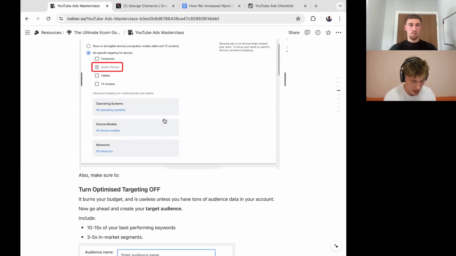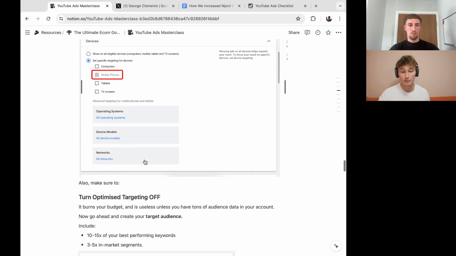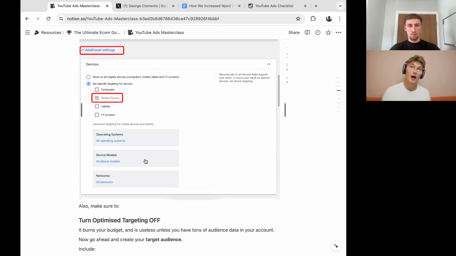Now there is actually a way to run dedicated YouTube Shorts campaigns. You can start an efficient reach campaign. But the problem I have with that is that you can't do max conversions bidding. It's not a conversion focused campaign type. It's very much for reach and awareness. It does allow you to only run ads on YouTube Shorts. However, as I say, you can't use those bid strategies that we quite like for aggressive scaling.